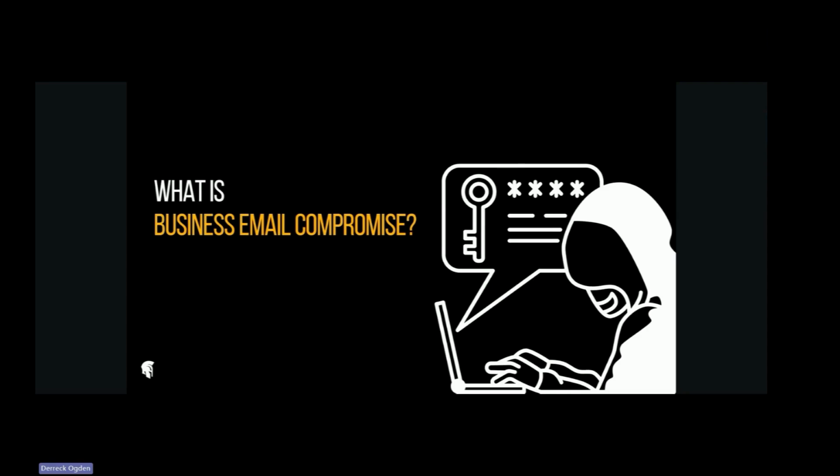But the initial attack happens because one of your team members sees an email, they click on it, they try to open the attachment, they click on a link, and it either downloads an attachment or takes them somewhere they shouldn't be, like a fake Microsoft login page or a fake Dropbox login page or a fake Gmail login page, or name any vendor, a fake login for anything from banking to even your practice management system. Somebody could fake that, right? So once they go to that place and they type in their email and their password, now that information is being transmitted to the bad guy. So that's how this starts.